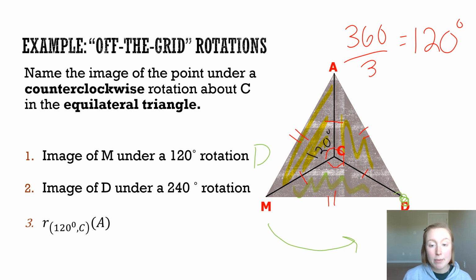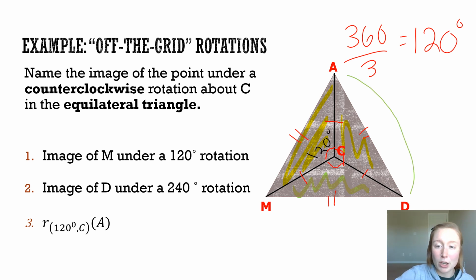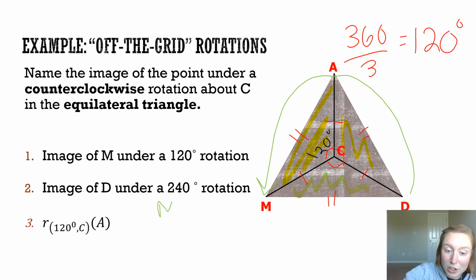Okay. The image of D under a 240-degree rotation, well, 240 is just going to be like two 120-degree rotations. So if I start with, hang on here, if I start with D and I go 240, that means I'm going to go 120 and then 240. And so that means that going all the way around, the image of D is actually going to be the